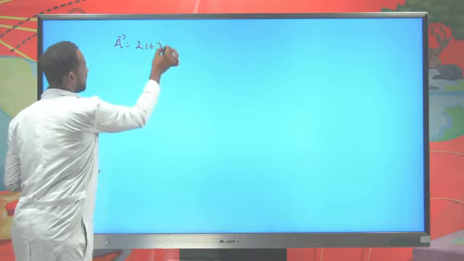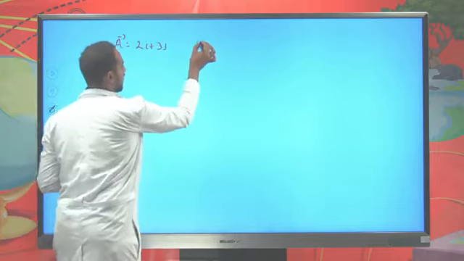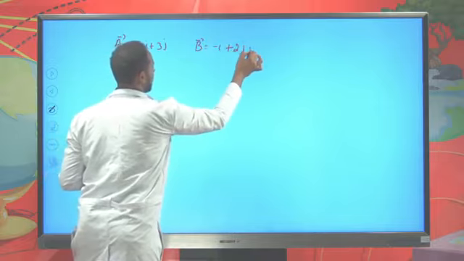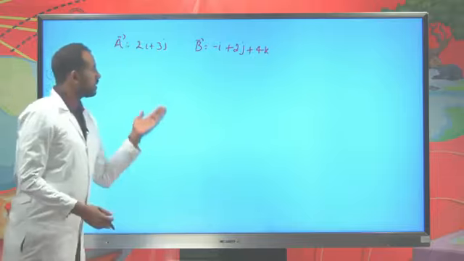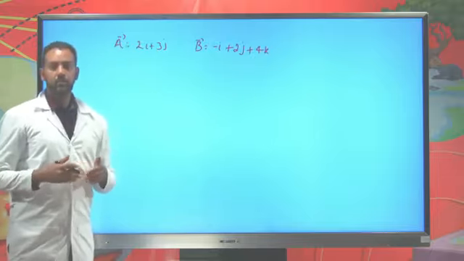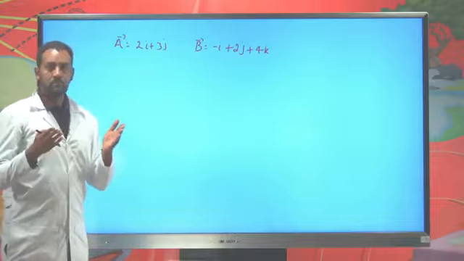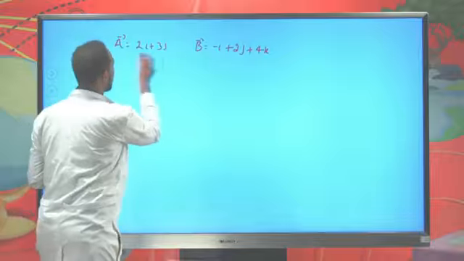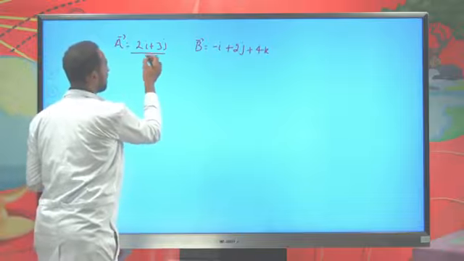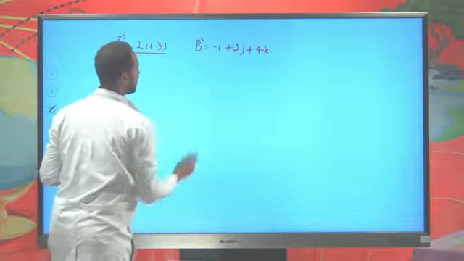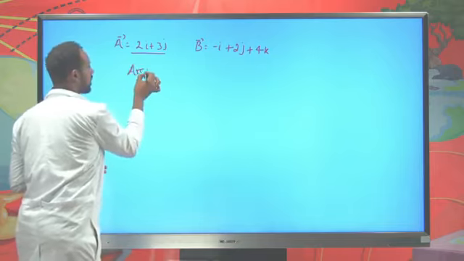Suppose that you have a parallelogram whose sides are given to be 2i plus 3j, and the other side is minus i plus 2j plus 4k. If it is given like this, what is the cross product of the two vectors? That is how we determine the area of a parallelogram. One side is 2i plus 3j, and the other side is minus i plus 2j plus 4k. Therefore, the area of the parallelogram is